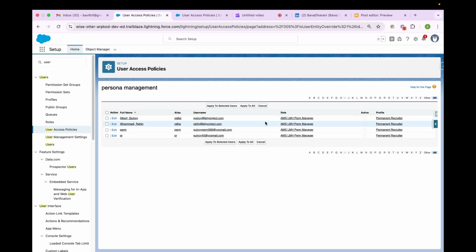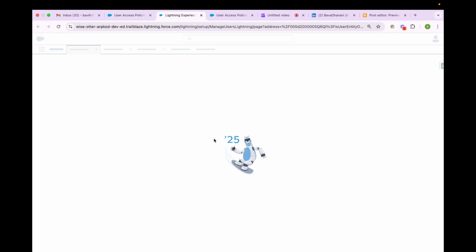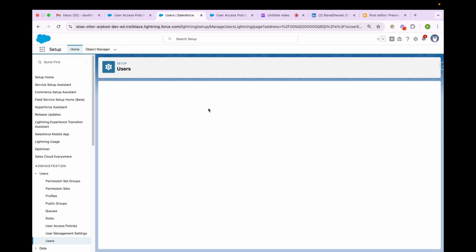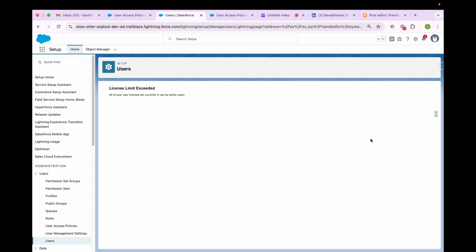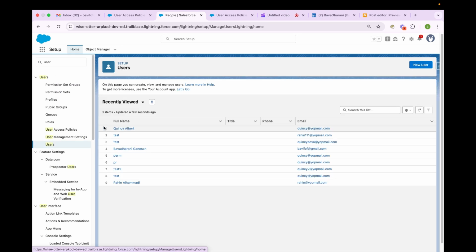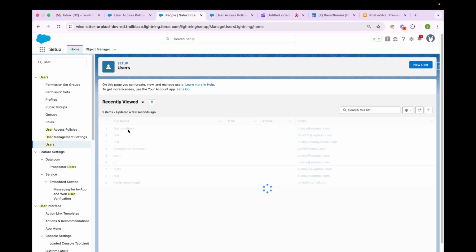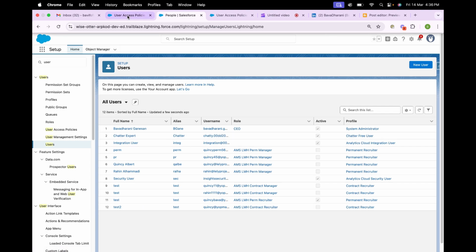I don't think I have an active user to assign them. Okay, let's activate a single user so that we can try it. I'm going to activate her, and the criteria should be matched because the profile is. It seems so complex because of this Trailhead org's limitations. Let me check the number of users here. Okay, I do have an active user,